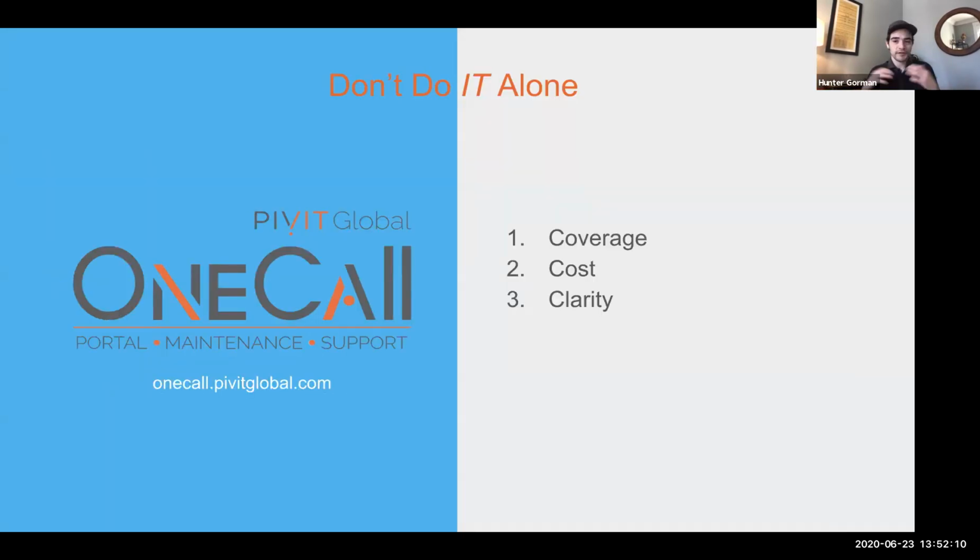At the end of it, when it's all said and done, what we want you to do is do IT better. We don't want you to do IT alone. We think that, while it's kind of funny to call it the 3 C's, truly, if you evaluate your network maintenance strategy and you look at these things through this lens, as you can see, it all kind of fits together. Locale is kind of sprinkled across all 3 of the C's, as are SLAs. So all of these things are intertwined, but truly, before you start shopping for SLAs, if you consider your network maintenance strategy through this lens, I don't see a world where you don't make a really great and well-informed choice for your renewals coming up here this summer.